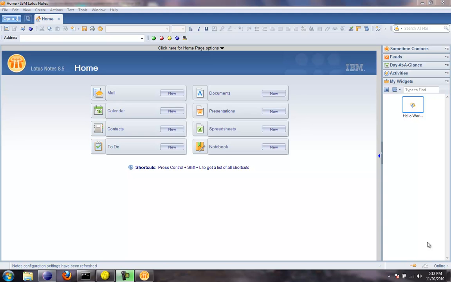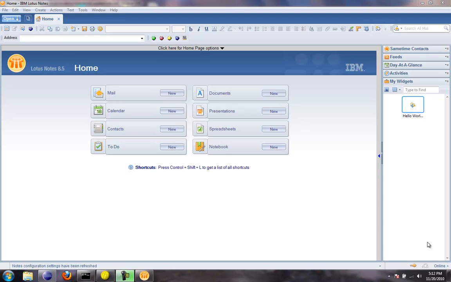Now, that widget works fine if you're just testing the installation of the plugin on your own installation of Lotus Notes, but when you go to share the widget with others, which is generally what you want to do, it won't work because they don't have access to your file system, which is where the update site is. So today I'm going to show you